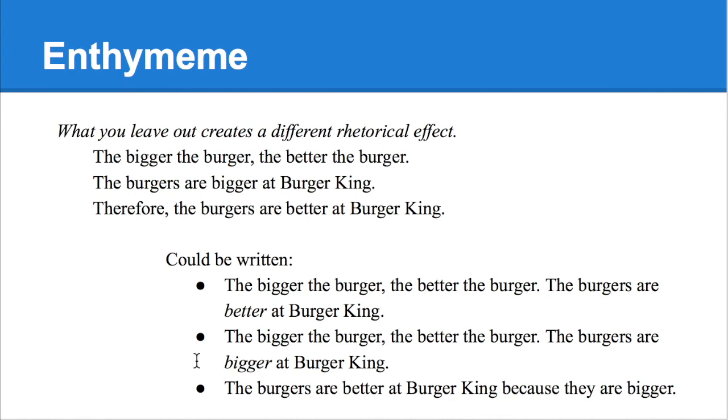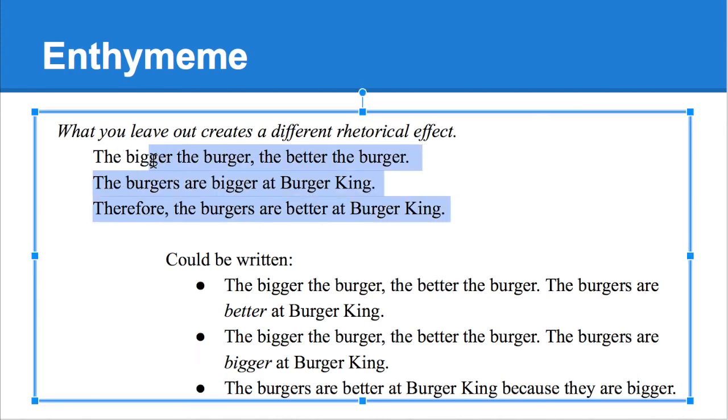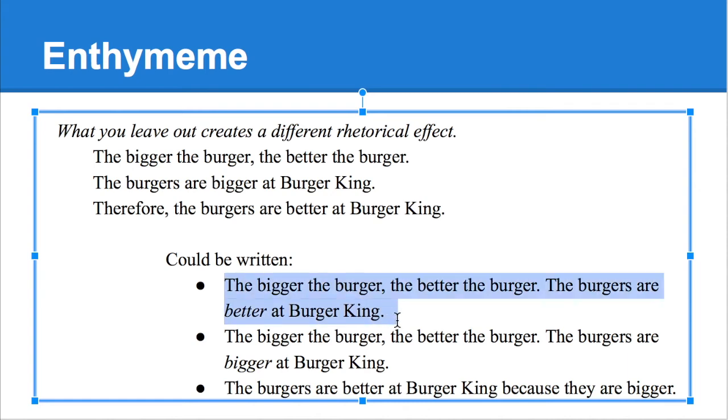So here we have our Burger King syllogism. Bigger is better. Burgers at Burger King are bigger, so the burgers are better at Burger King. Time to get your B's today. We're going to say lots of B's. All right, so we could put this syllogism in enthymeme form, taking out one premise, in three different ways. If we just take out one premise, it gives us three different combinational options. We could take out the minor premise,